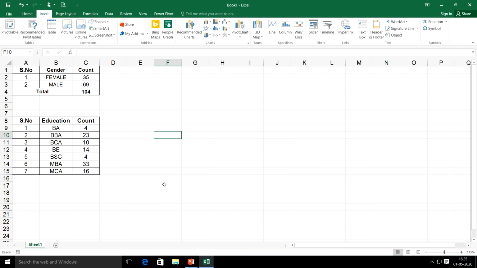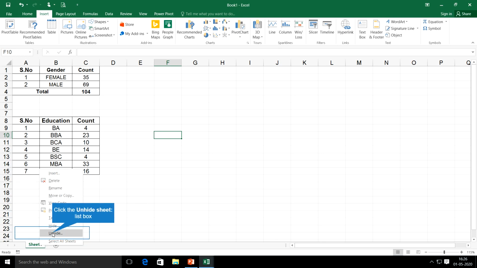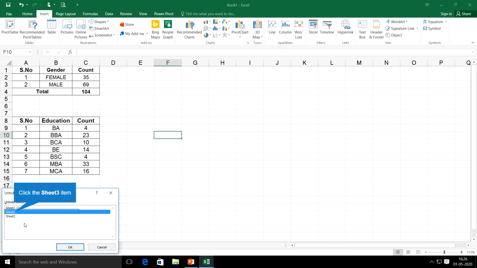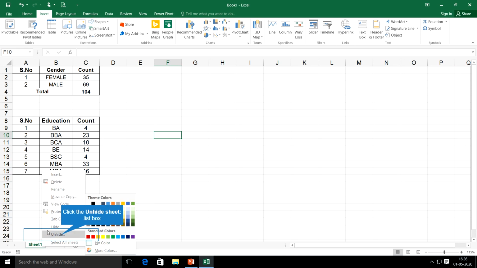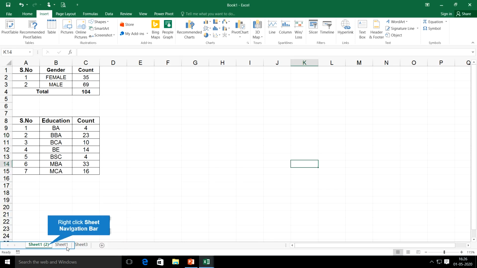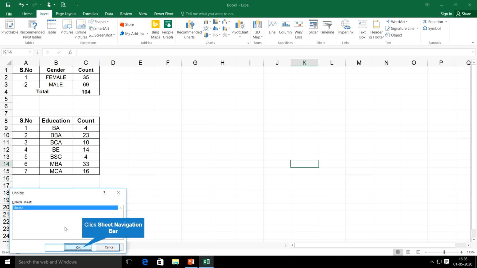Okay, now I need to bring back those hidden sheets. Where do I do that? Simply by clicking on this plus button, I cannot bring it back. So keep the cursor on the sheet name, right click on your mouse, you can see select all sheets. Click select all sheets and then go to unhide. That will show you all the sheets that are kept hidden. So you can select the sheets whichever you want to unhide. Okay, so this way I can either hide or unhide the sheets whatever I want.